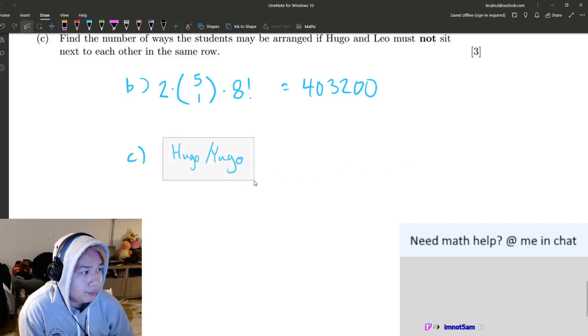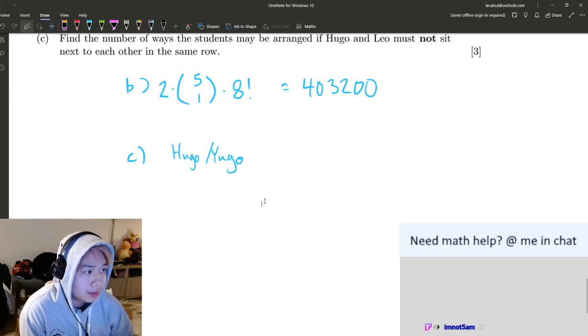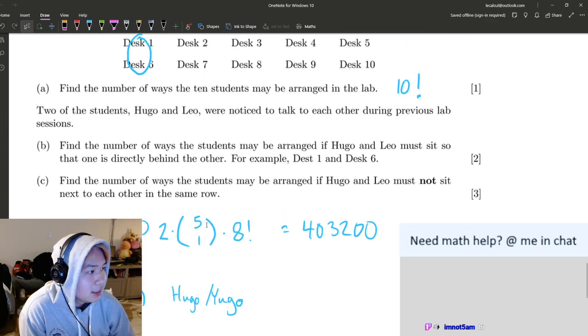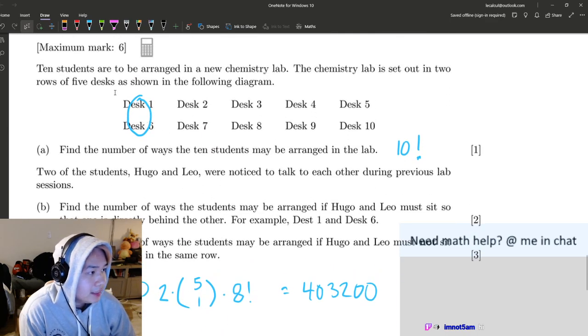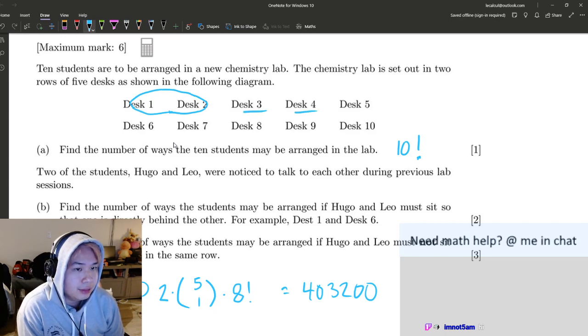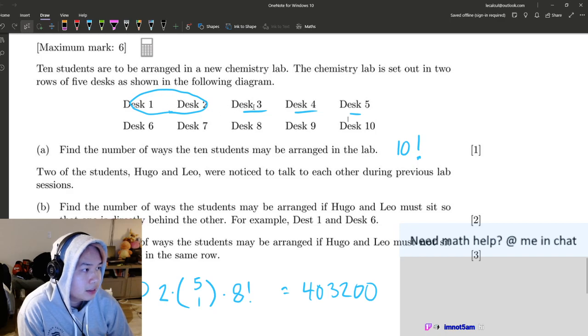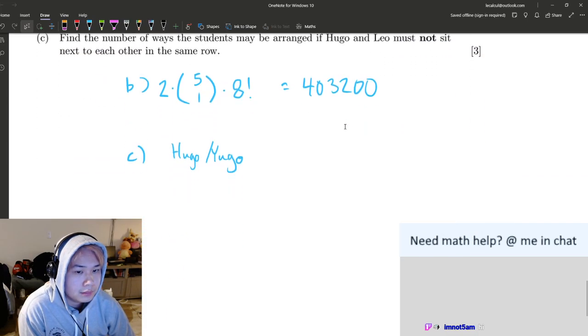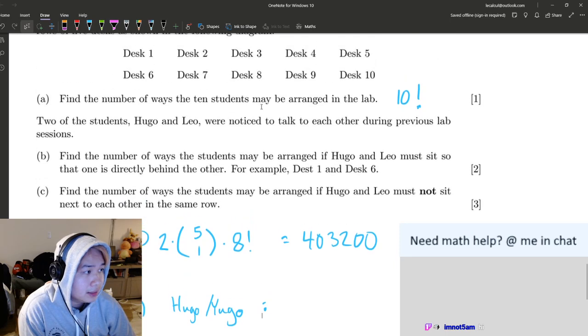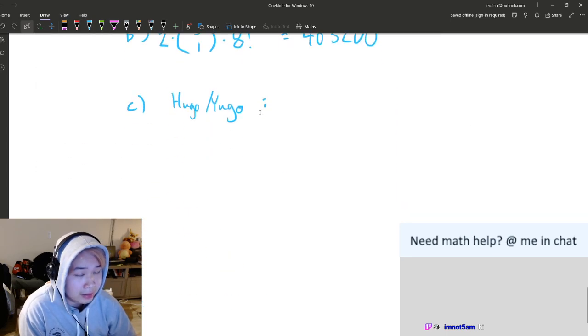So essentially, we can consider them as one person. Oh, Hugo and Leo, whatever. Hugo and Hugo. And because they sit together in one row, and you consider them one person, then essentially one of the rows has 4 choices. So in other words, if Hugo and Hugo sit together, then the amount of ways that they can sit together in a row plus everyone else in that row is